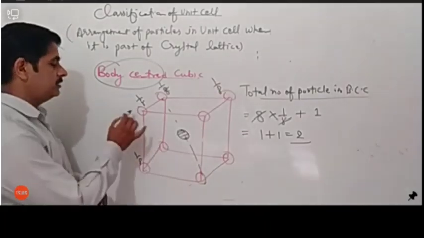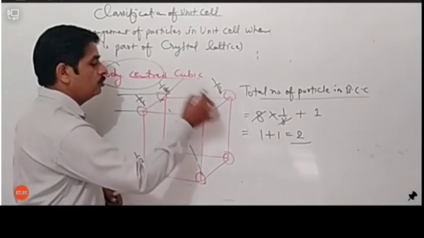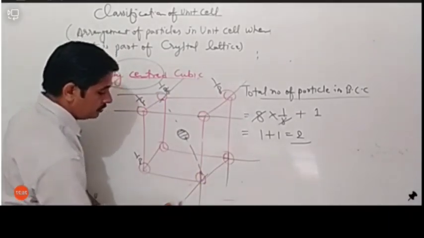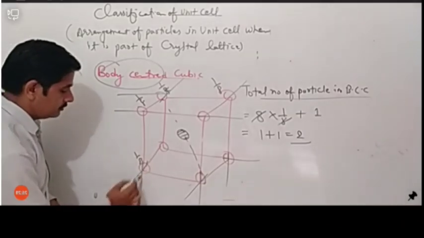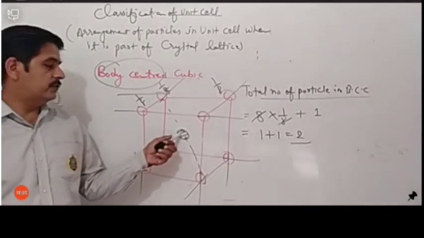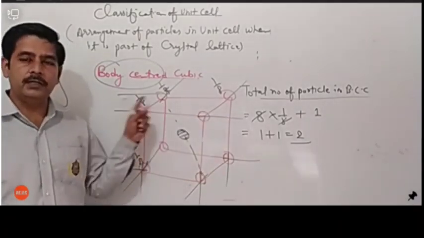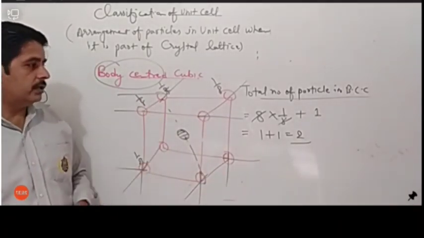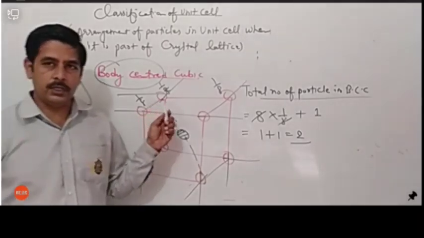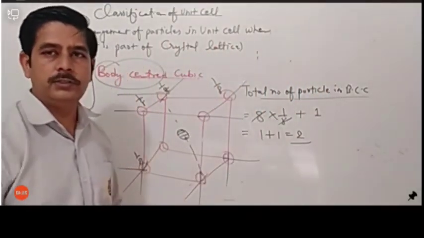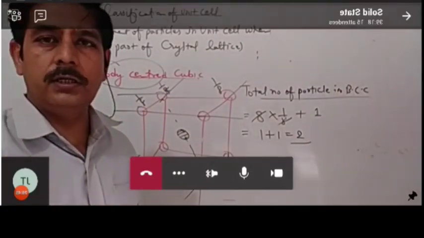जब ये क्रिस्टल लैटिस में है, मतलब इसके चारों तरफ आपको और भी unit cells मिल जाएंगे, ठीक है। So the contribution of this particle will be 1 and the contribution of the particles arranged at the corner will be 1, ठीक है। So total number of particles 2 हो जाएंगे। Okay, just a minute ना, let me mark